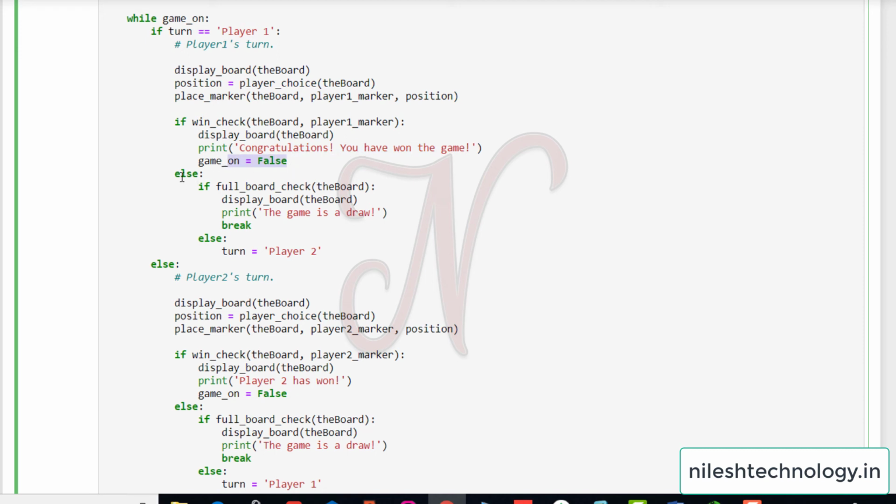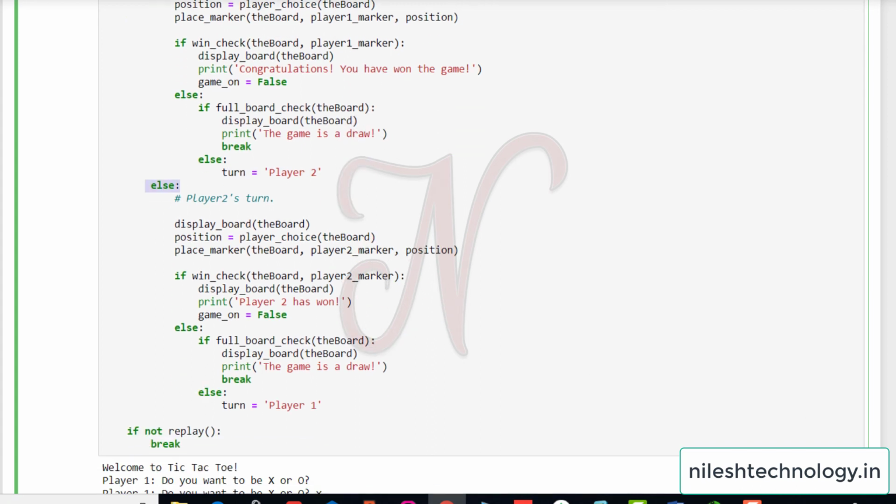If it is not a win, then check if the board is full. If the board is full, then this message is shown: the game is a draw. Otherwise turn equals player 2, which means it goes to the next while loop, and next time turn equals player 2, it goes to the else part. The same part is repeated here: display the board, then select the second player's choice, and place that marker.